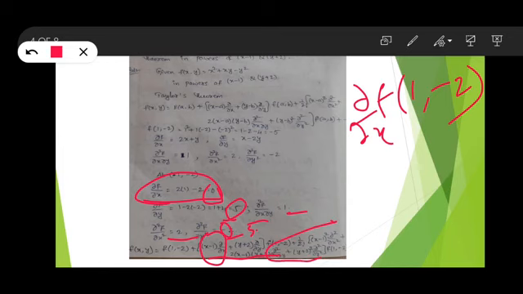After that, finally we have f of (1, −2), and substituting we finally get f(x, y) equal to minus